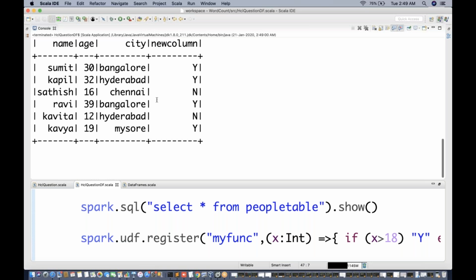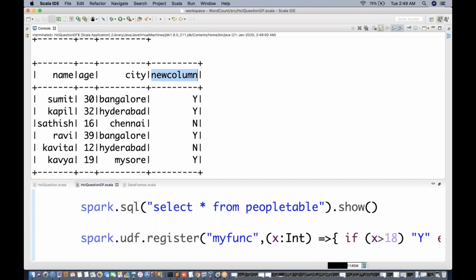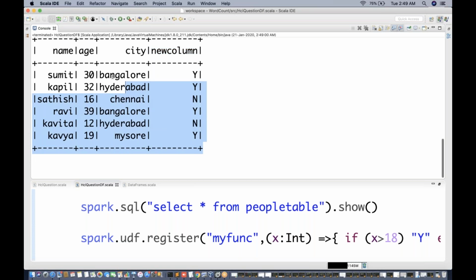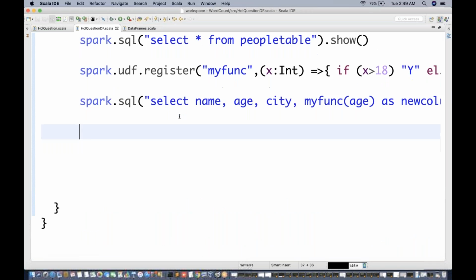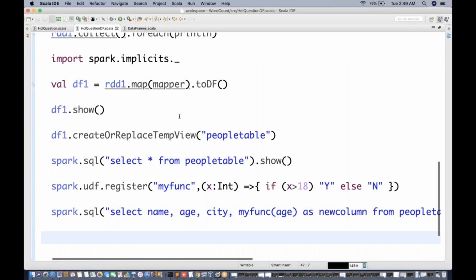So you can see we have created a new column and the values are populated based on our logic. And this we have not done through RDDs, this we have done through data frames or Spark SQL, whatever you say. So this is how we can do this. Just have a look at the code. This is your code.